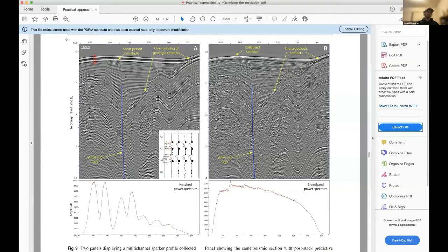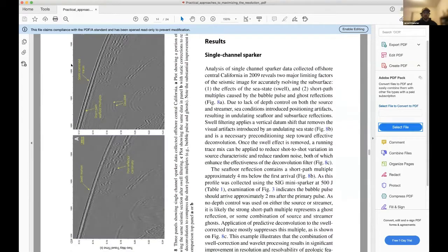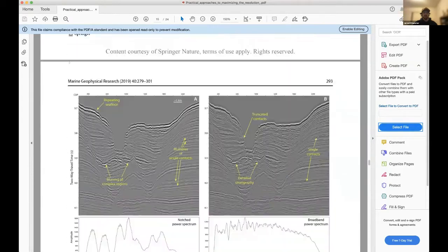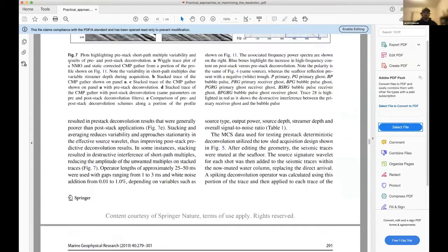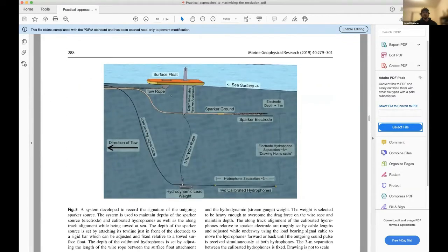So we're going to just share that, and I think this is from a paper. I was going to see if I had a schematic of the towed system somewhere in here. Let's see. Yeah, so it's evolved. This was an early iteration of it, but now we've got a system where we don't have to worry about this with air guns because it's a nice minimum phase source. It's repeatable. With the sparkers, it can be kind of difficult.